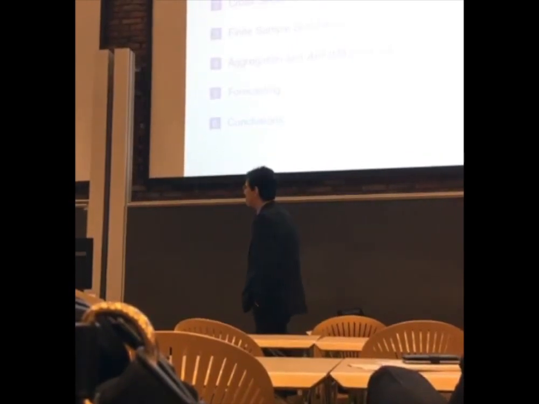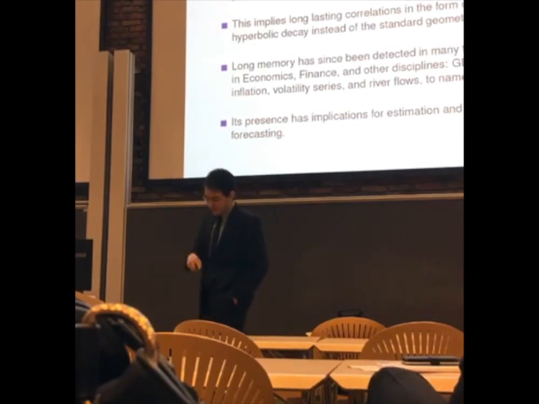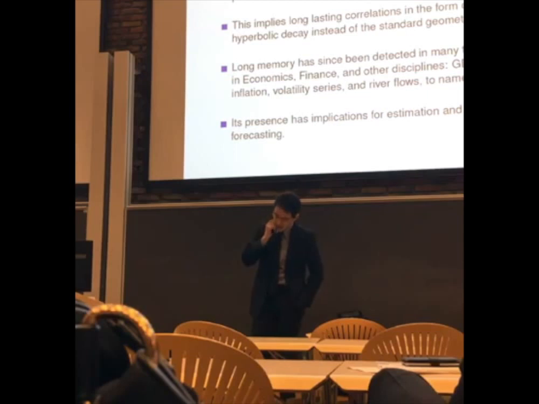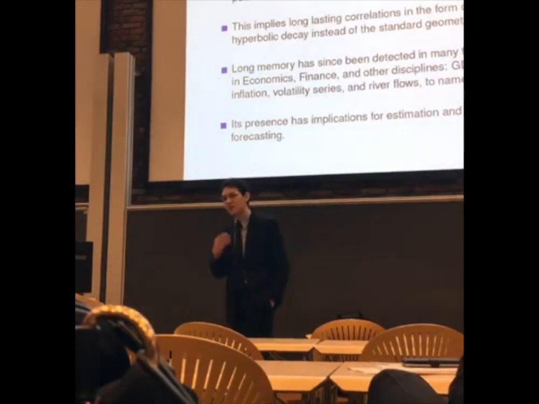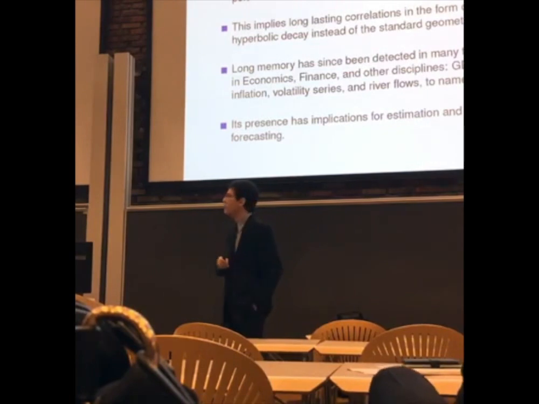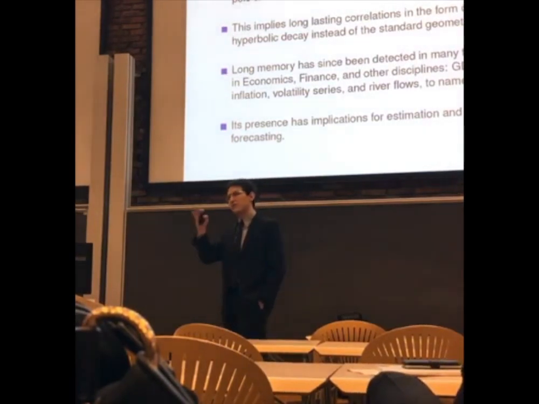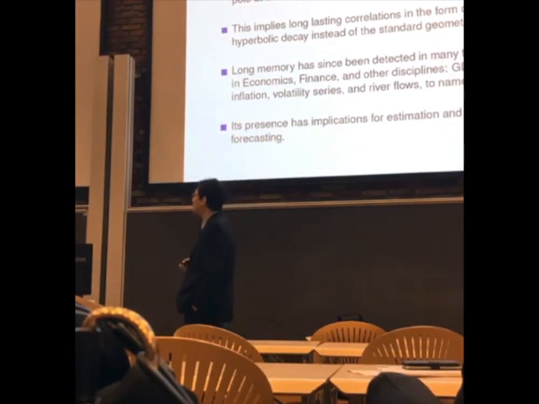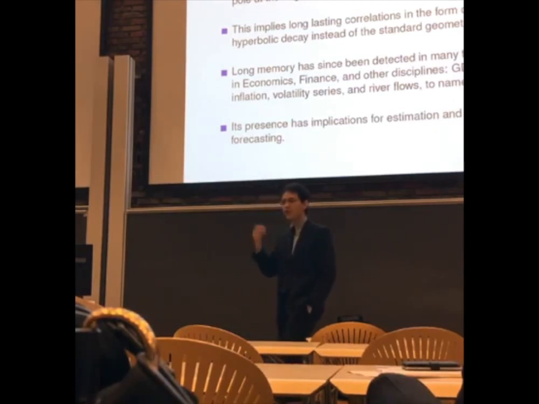So let's start by talking about what we mean by long memory. I would say that in the time series literature, this started with this paper of Granger in 1966. What he did was take a bunch of economic series and calculate the spectrum, so going to the frequency domain. He noticed that they seem to have a pole at the origin, so they seem to diverge in the spectrum when they go to zero. So we now know this implies long-lasting autocorrelation.